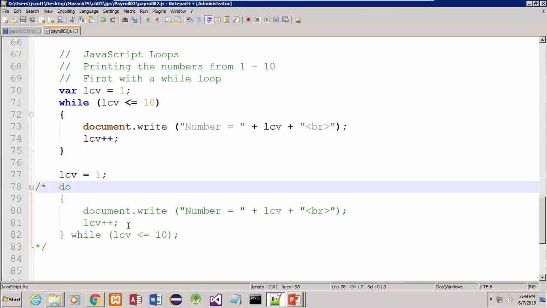All right. So number equals plus LCV plus number. That's the same as what we have there. So it shouldn't be there. LCV plus plus, curly brace, while LCV is less than or equal to 10 with a semicolon. This is surprising because as far as I can tell,